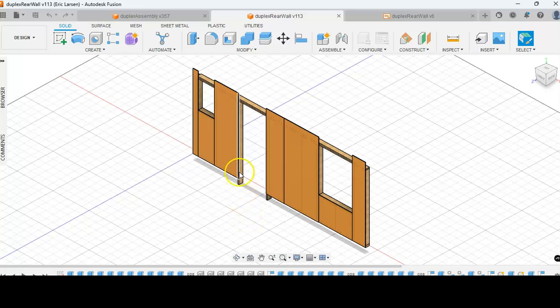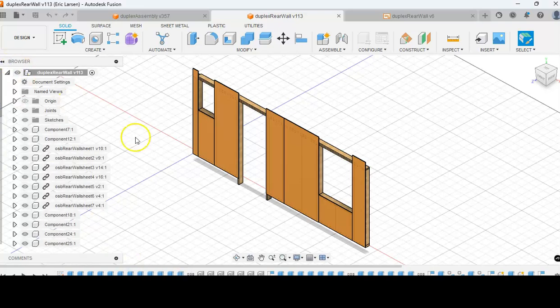One of the first things you'll notice is it's got these door trimmers that come down below the bottom of the bottom plate. Now, when you actually build this wall, what you want to do is have the bottom plate be continuous, and you want to leave those door trimmers off. And then once the wall is raised, you cut away this part of the wall and put your door trimmers in. At least that's my idea. That's how I would do it. You might get some different opinions from whoever is actually